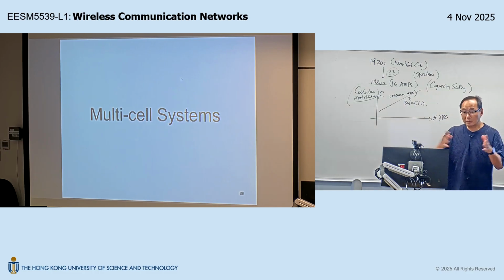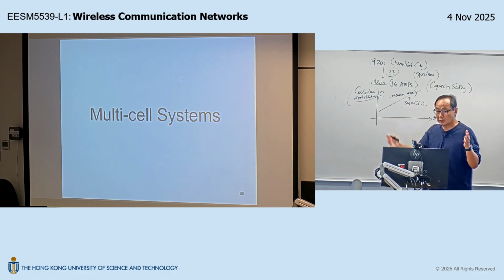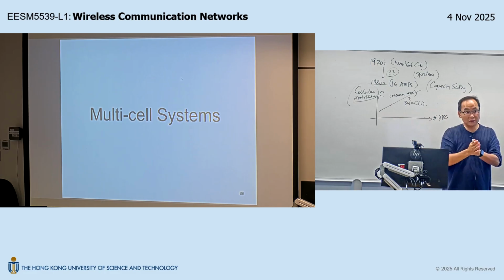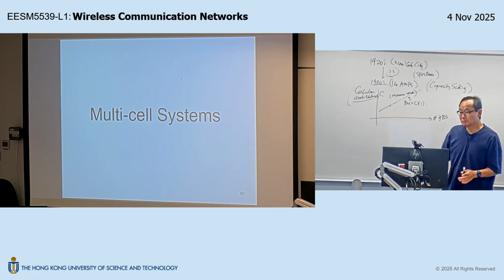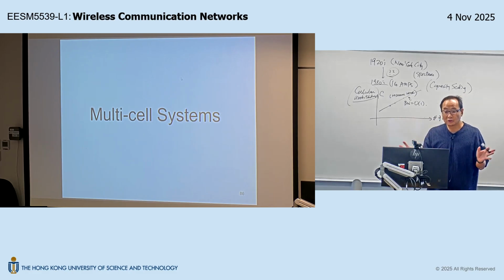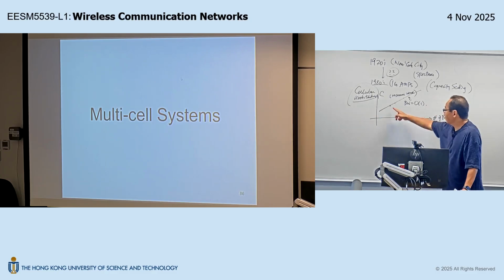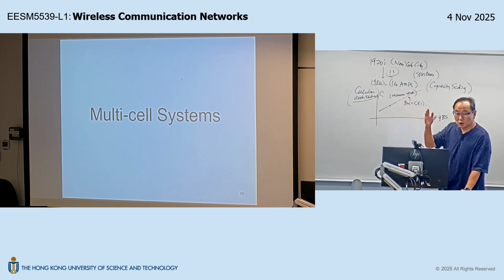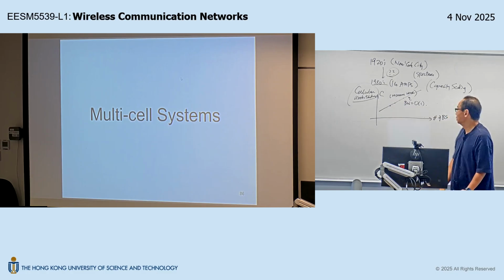For example, if we do FDMA, I have 15 megahertz of spectrum, right, using the toy example we talked about previously. Using FDMA, we can partition it into, let's say, 600 channels, and then assign one channel to one user. But if I do it this way, I can at most accommodate 600 users, right? But 600 users is very far away from the population. So the way I can increase the capacity is, for channel 1, I'm not going to assign it to just one user. I'm going to assign it to multiple users, okay? So that's called resource reuse. Therefore, the cost of one channel would now be shared by many, many users in the system. But how